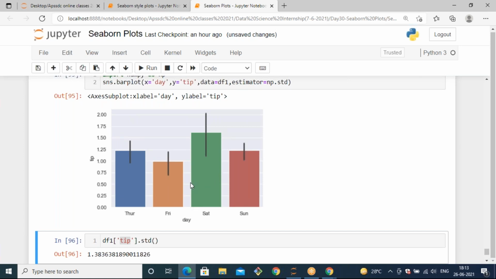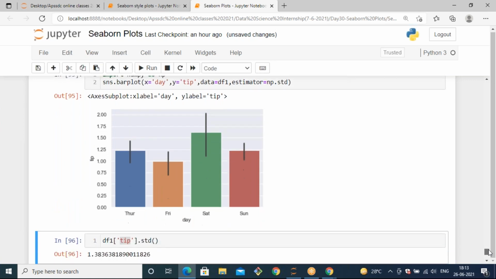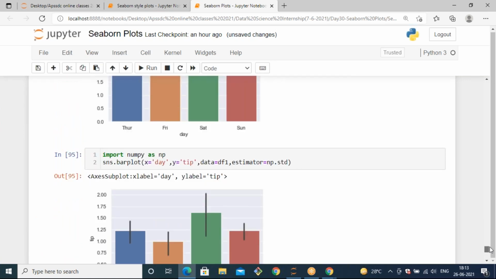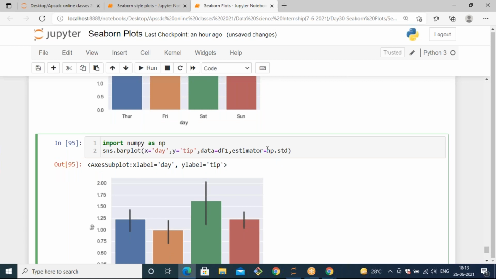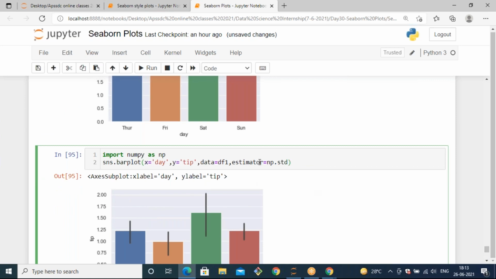Instead of doing all of that yourself, it calculates by default through the estimator function, and in the backend there is a process to calculate it. This estimator can take mean, median, standard deviation, any kind of estimation. That is the thing we have to focus on, because a bar plot acts as an estimator plot. It takes estimator parameters such as mean, median, standard deviation, and any statistical functions.